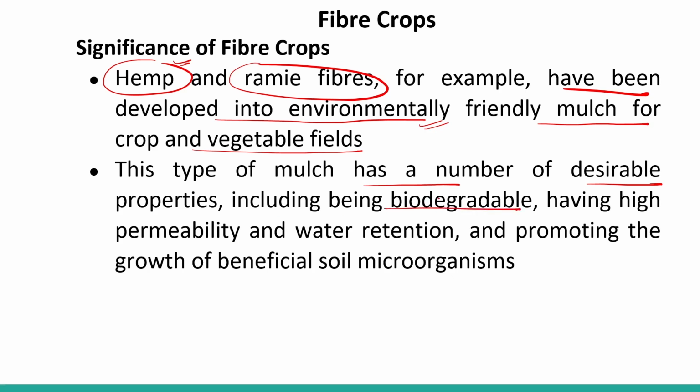So you do not have to remove it after the mulching process. They are biodegradable, so they become a part of the soil, having high permeability and water retention. Due to their high water retention capacity, they form good humus and promote the growth of beneficial soil